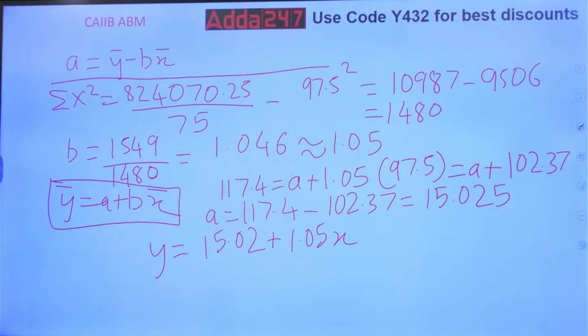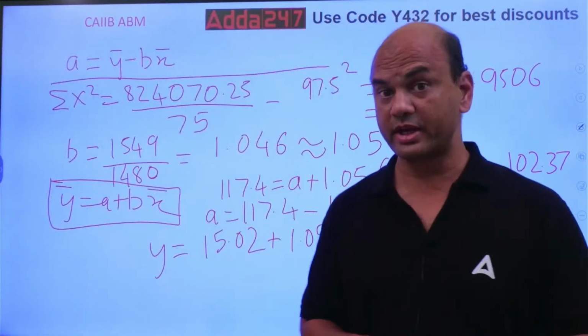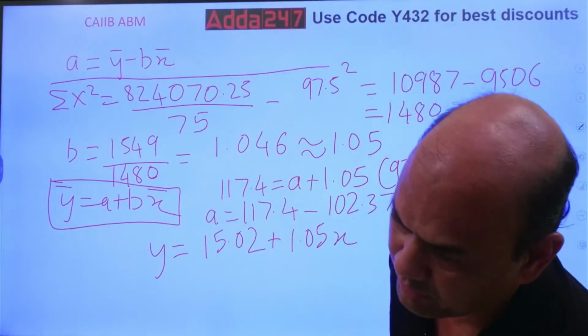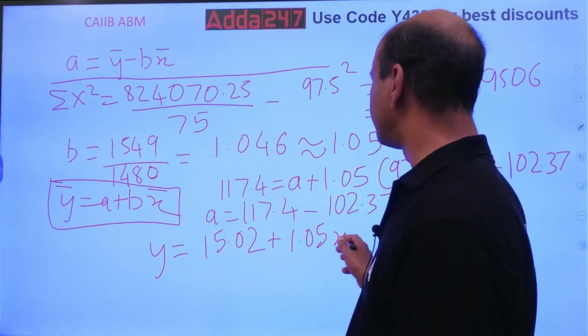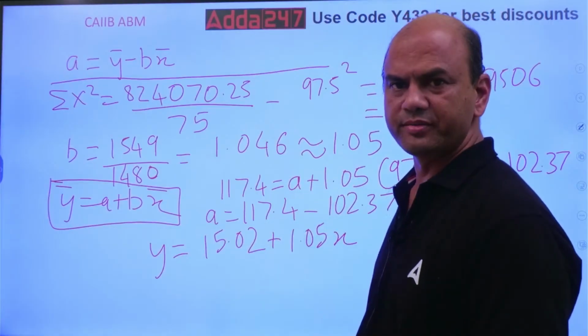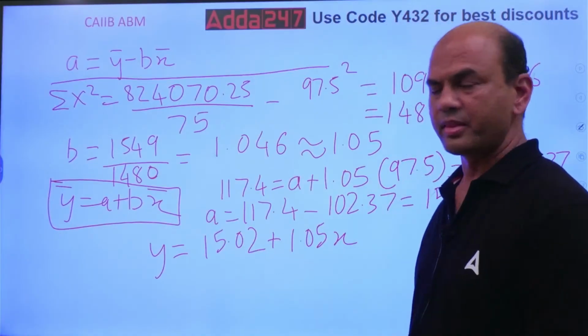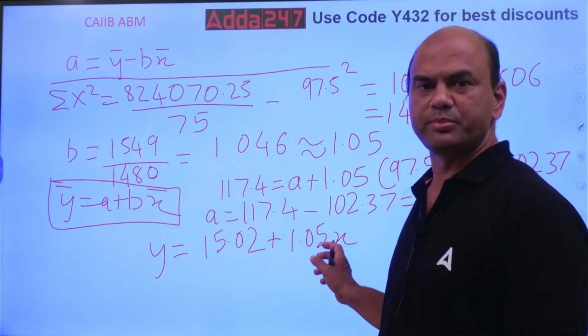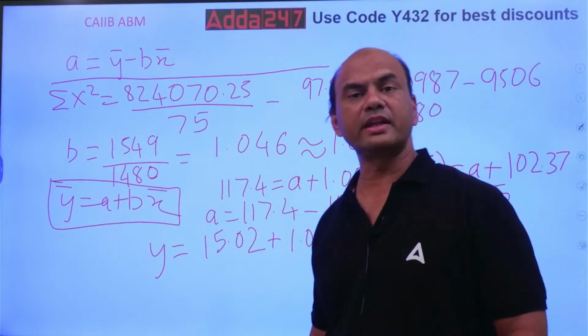Okay. So this is the main case study. Now in this they can give you the variations also. What are the variations? See this. One variation can be: find Y when X equals something. They'll give you some value of X, let's say 500. So find Y when X equals 500. So then you will have to just multiply it, put X as 500. Okay? Or they can give you something else also.